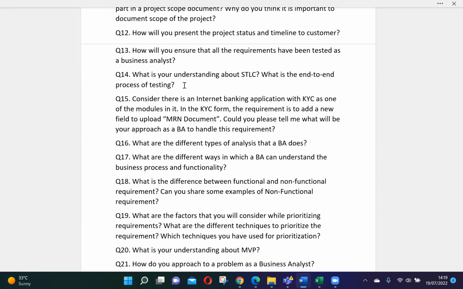Now, once you have gathered the requirements, you will do the impact analysis. Now, what is impact